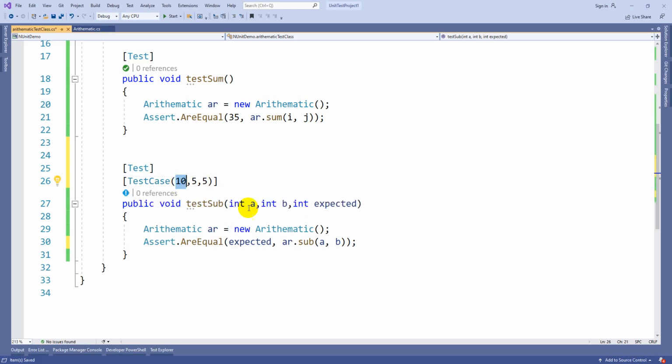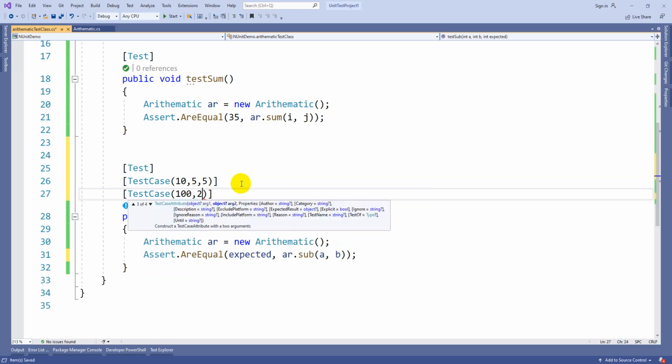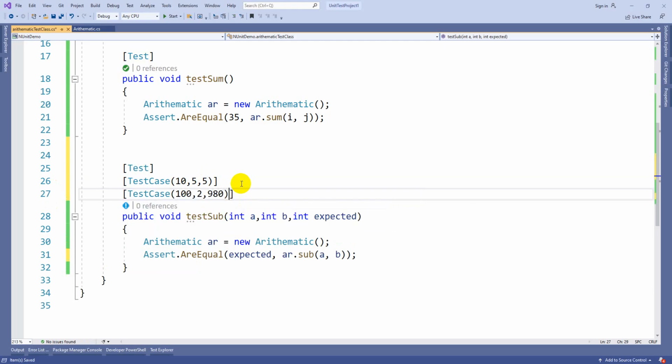So 10 will be passed into variable a, 5 into variable b, and the expected result is 5. Like that I can pass multiple values and check whether they pass the test cases or not. Next I am giving 100 comma 2, but I am giving a wrong expected value just for testing. So one test case will pass and this one will fail, as per our assumptions.